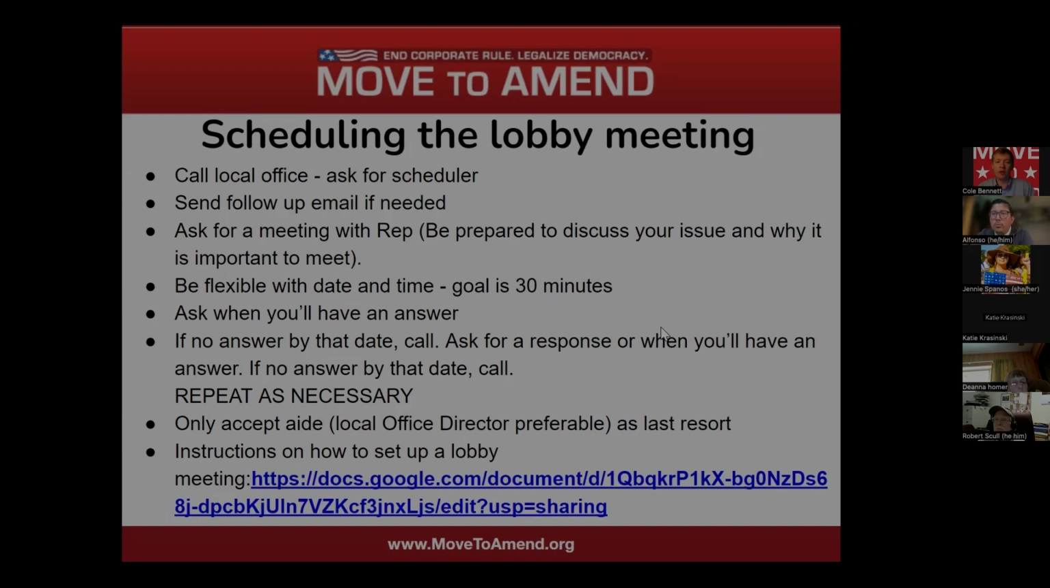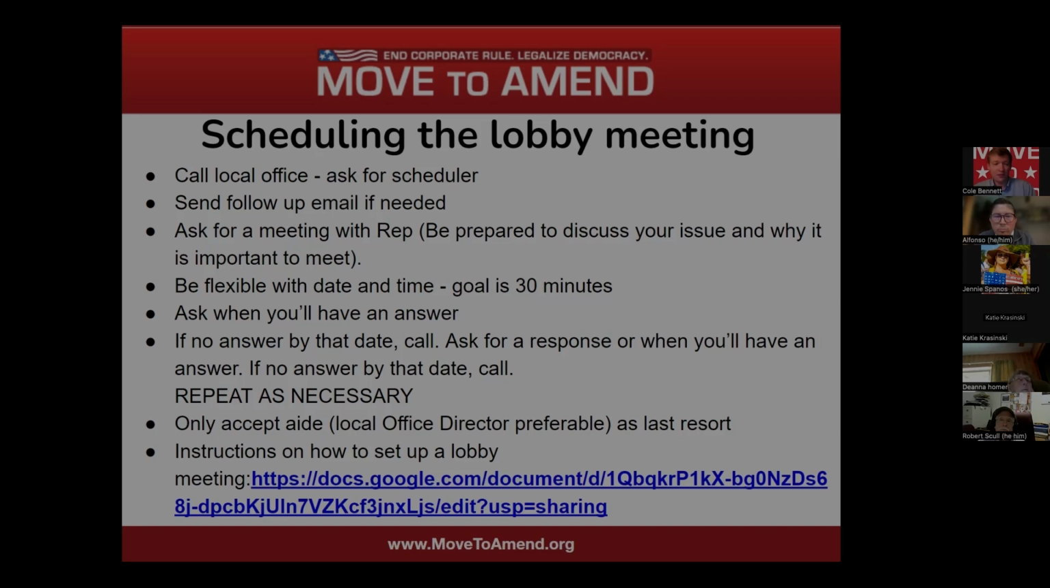And then you want to work out a date with them. If you do get someone from their office, preferably you would like to get the representative themselves. But more often than not, you might have to meet with a legislative aide, a legislative director, a chief of staff, a member of their staff. Again, in my experience, you're going to want to try as hard as you can to get the actual representative in your meeting, and that's a tall task, but it's more than worth it because